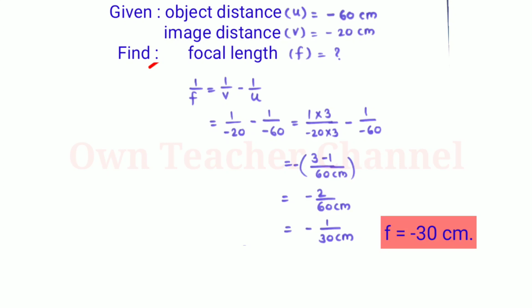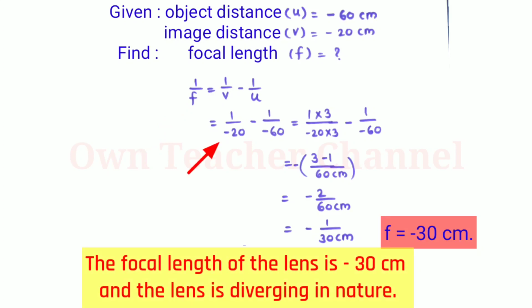We have to find out focal length. So our formula is 1 upon f is equal to 1 upon v minus 1 upon u. We will keep the value 1 upon minus 20 minus 1 upon minus 60 is equal to, equal the denominator,